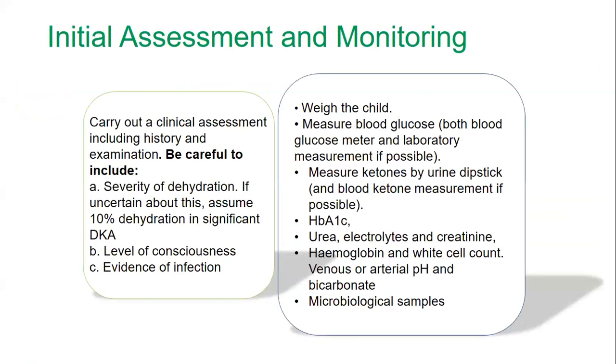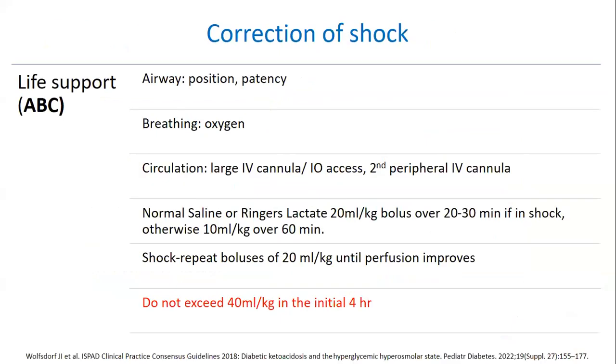If it's a patient who is unconscious, catheterize and get a sample for urine to confirm whether we are in DKA or not. And if it's a patient who can pass urine, you get a sample and you do a urine dipstick to check for ketones. If you're in a center where you're able to do blood ketone levels, you also do that.